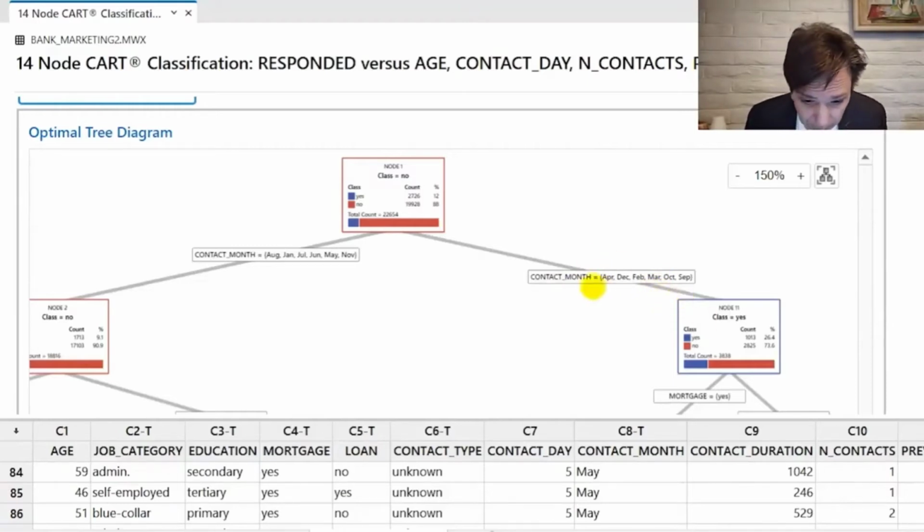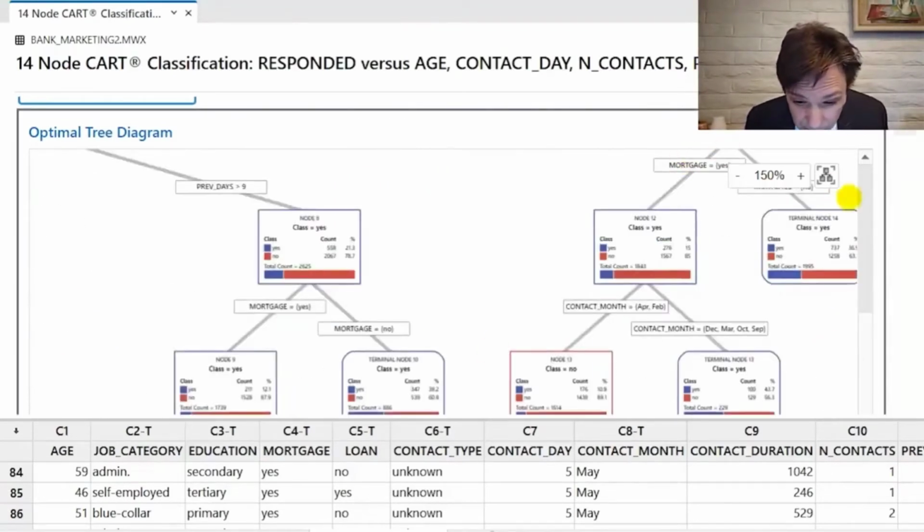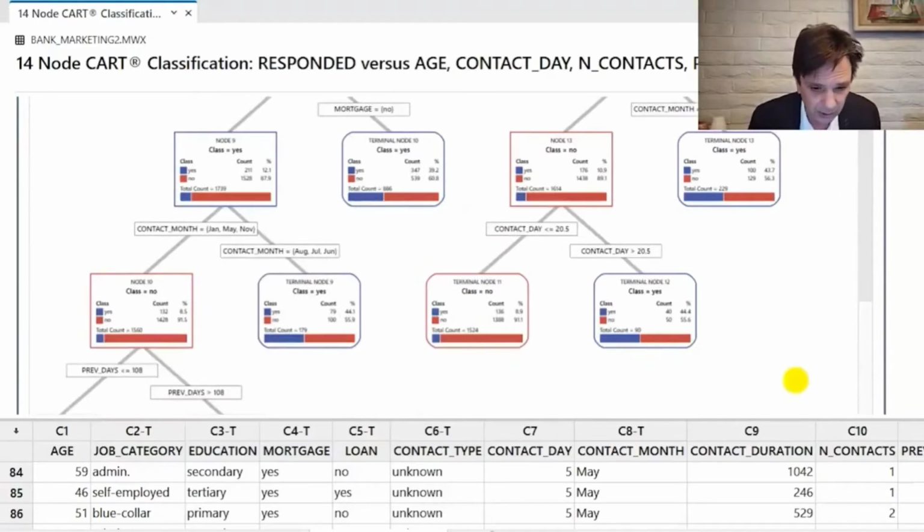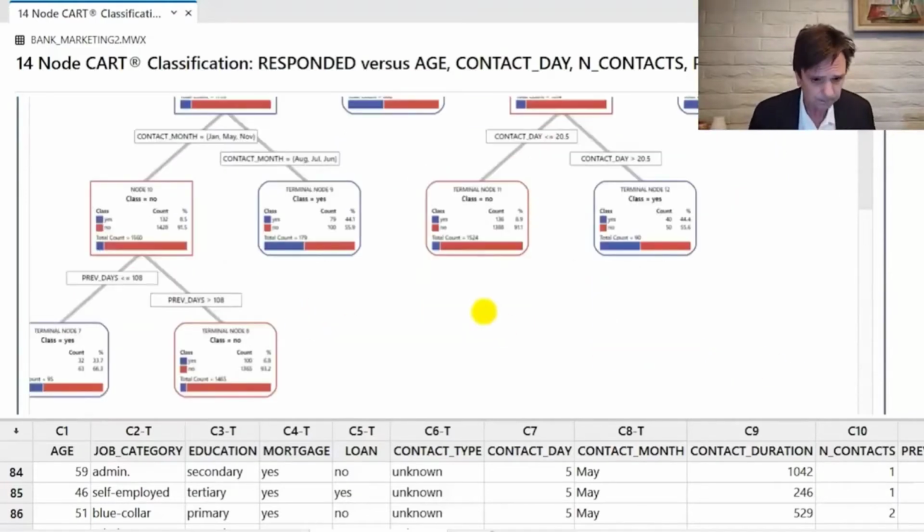conversation took place, for some parts of the year the response rate went up to 26%, for others it dropped down to 9%, and similarly if you continue descending down, you'll see that someone who has a mortgage actually has a lower response rate, and someone that doesn't have a mortgage had a larger response rate, and so on and so forth. So this is how it works, and as you can see, all of these runs